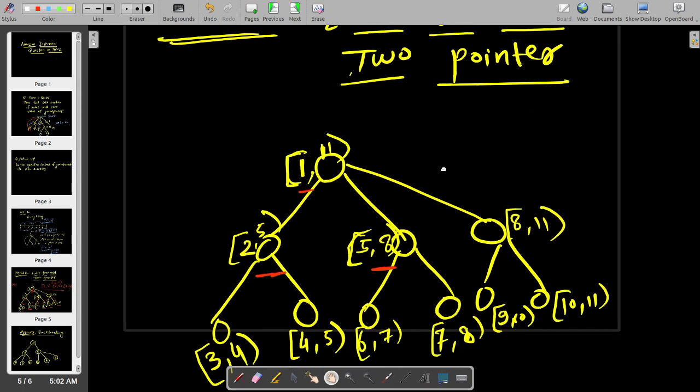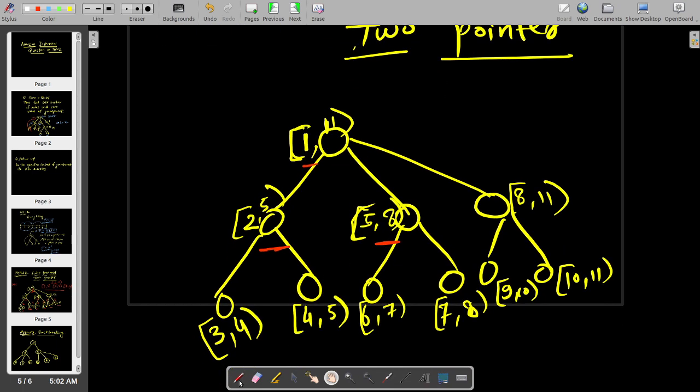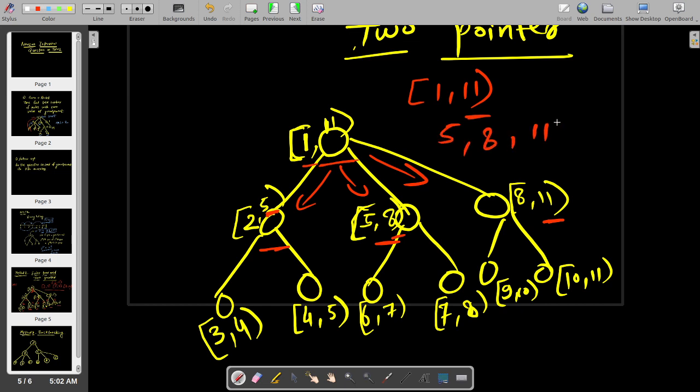So basically now you could see that the parent values, whatever children the parent is covering, are continuous. You could see that it's 1 to 11, correct? And see the out timings of this, it's 5, 8 and 11, correct? After observing this we could apply two pointer on this, and now it's 4, 5, 7, 8, 10, 11, correct? Now this is also continuous.